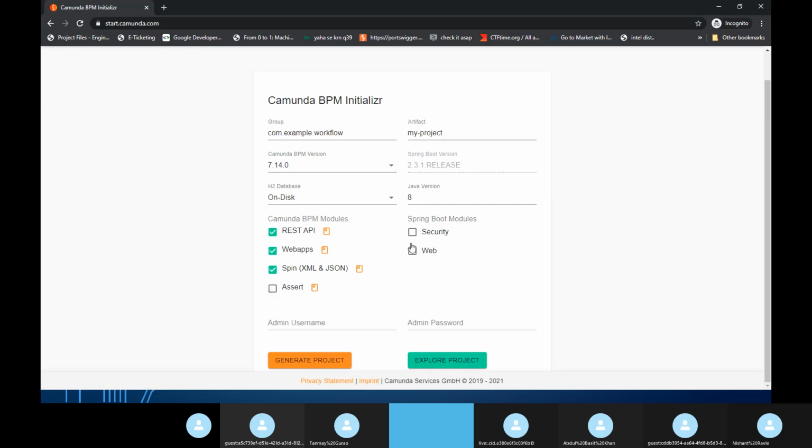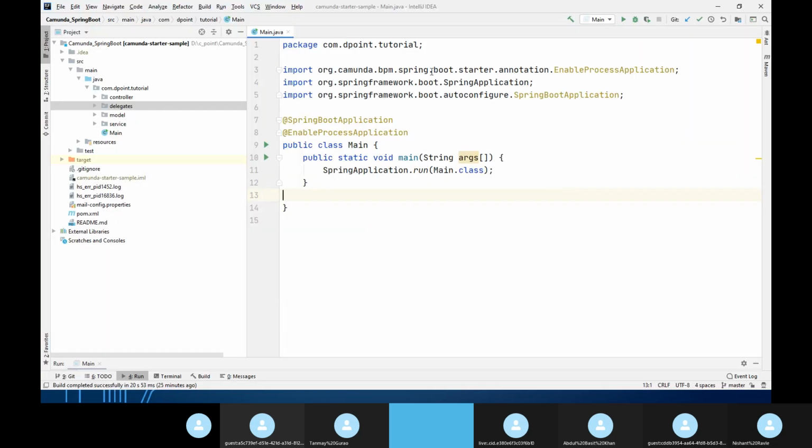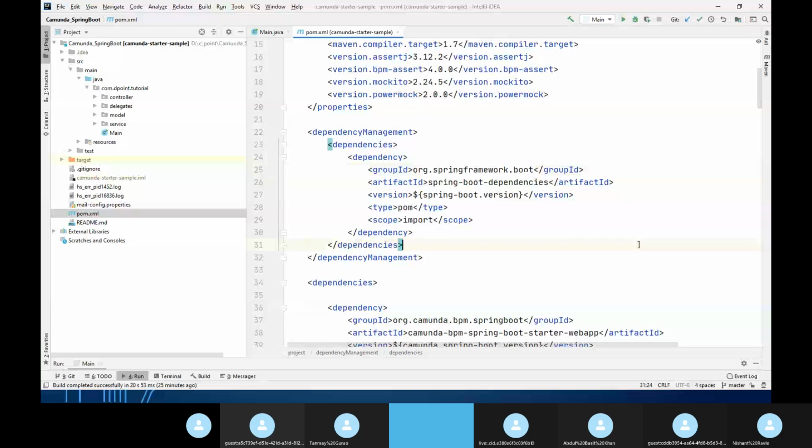Which options to select, whether security, web, which version, we will understand each option once we actually start using it. I'm putting these options on hold for now and let's assume that we have this project. The controller and delegate we will create, but just to start Camunda, all the required dependencies and libraries we get here.